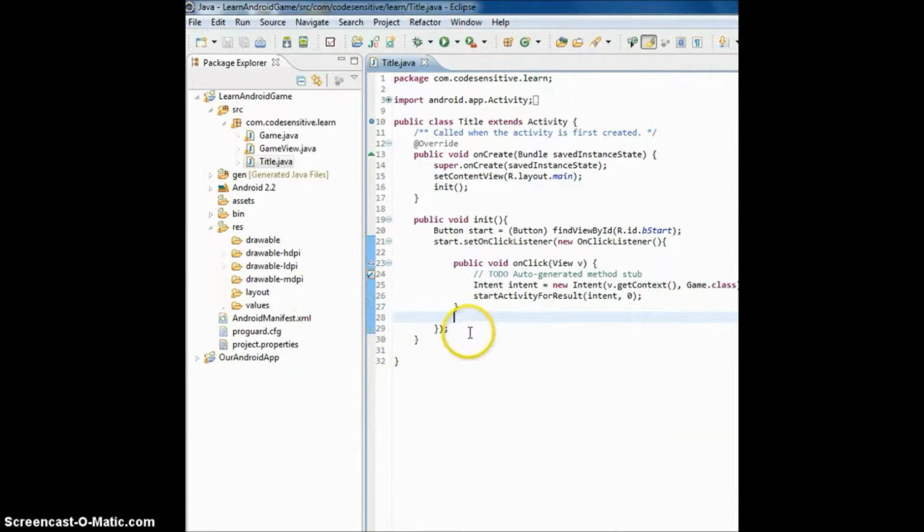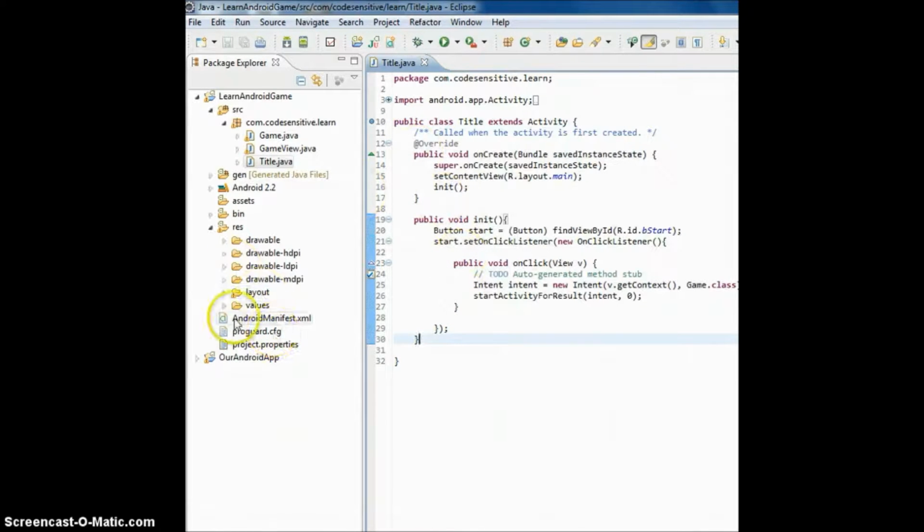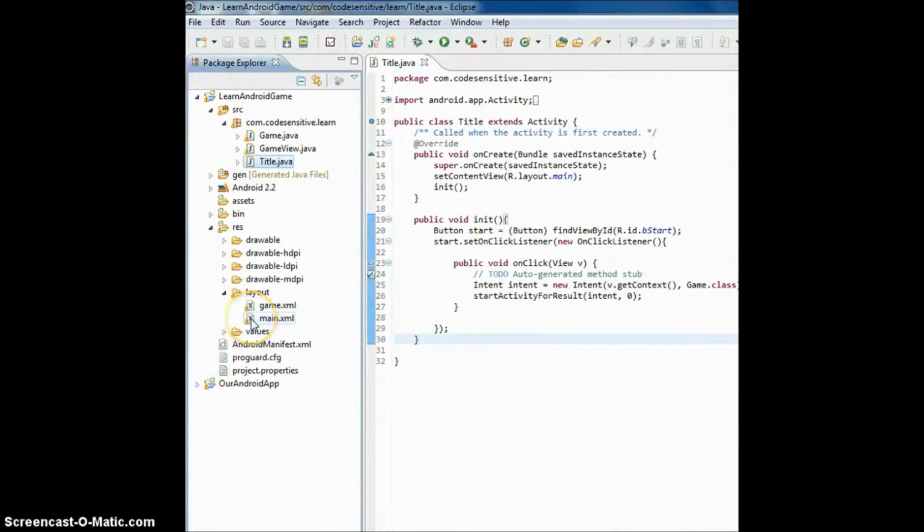So first we're going to talk about key events. That's going to be about this tutorial. It might be more than one tutorial, but I'll try to get through it fast. But how we're going to do this is in the title, we're going to go to Layout, Main,